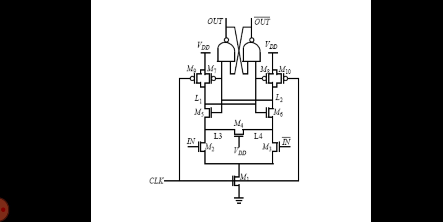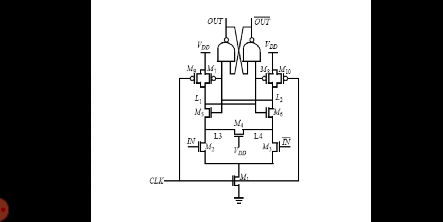On the rising edge of the clock, the evaluate transistor turns on and the differential pair, that is M2 and M3, is enabled, and the difference between these input signals is now amplified on the output nodes L1 and L2. The cross-coupled inverter pair flips into one of the stable states based on the values of the inputs. For example, if in is 1, L1 is pulled to 0 and L2 remains at VDD. Due to the amplifying properties of the input stage, it is not necessary for the input to swing all the way up to VDD, which enables the use of low swing signaling on the input wires.